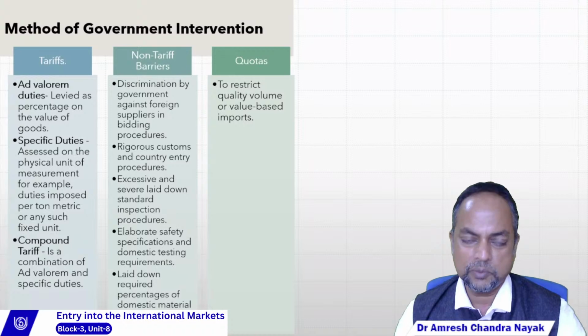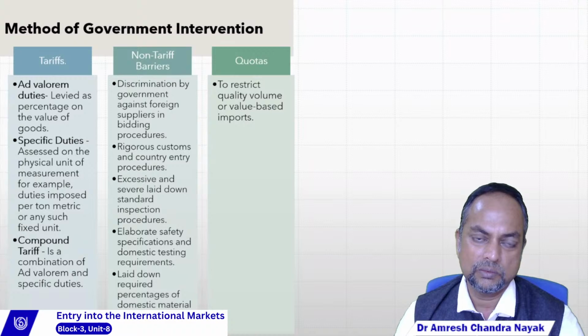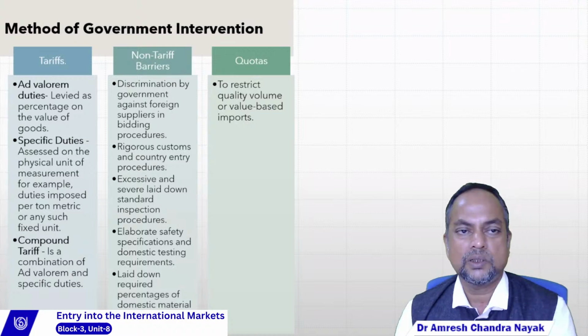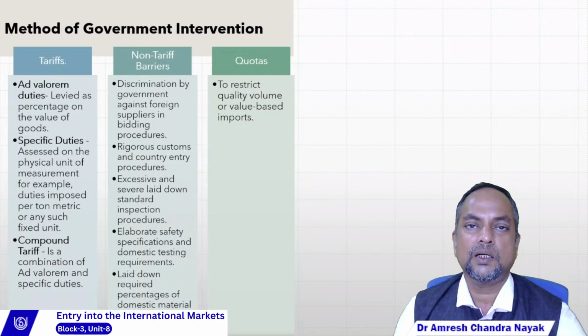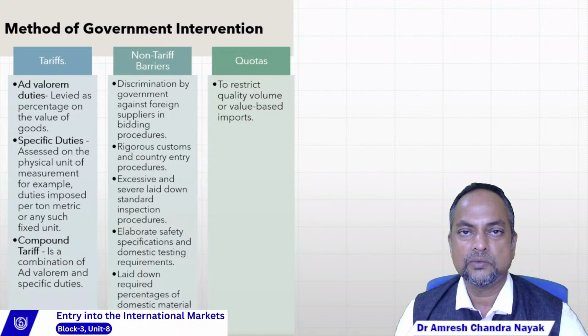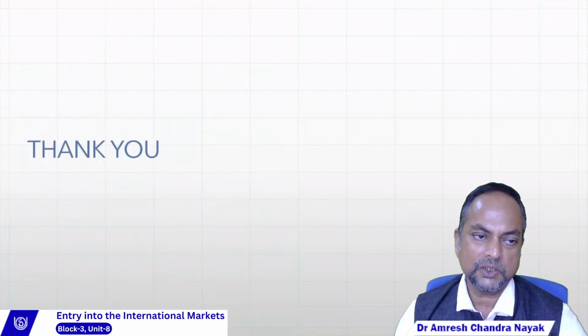So let us end up over here. We have come to the end of module 3, where we have understood how the internationalization process should be taken into consideration. And in the next session we'll move to module 4, with all the particular factors that can affect the international quotient. So thank you very much.